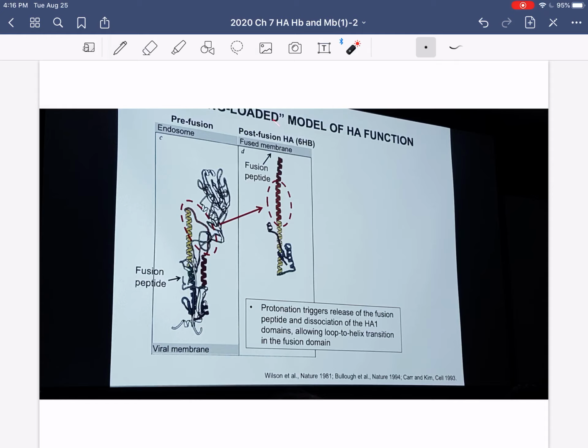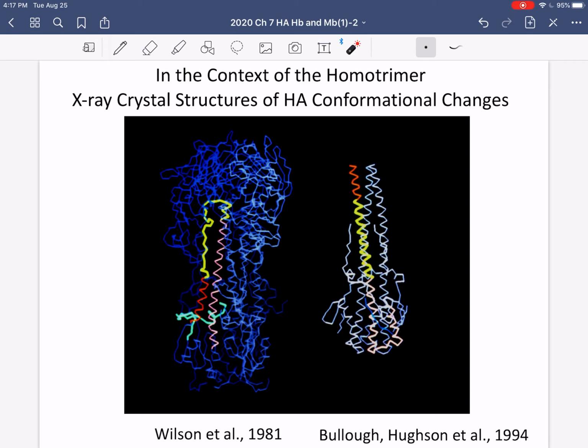What they also found was that another region of the protein, a region that had been in that pink region, which is now yellow plus blue, actually breaks and bends back up. So what you have in the end is a conformational change where the pink region, in the context of the entire trimer, is a coiled coil before fusion. The yellow region is that loop region that had a high prediction of coiled-coil structure, and the red is that outside small alpha helix, and the blue was the fusion peptide that acts like a hairpin anchor over here.